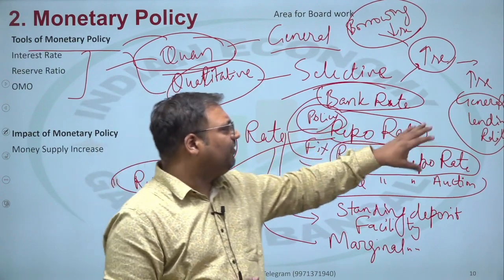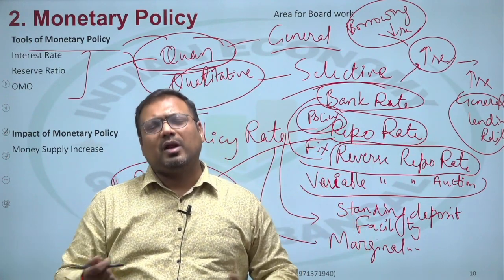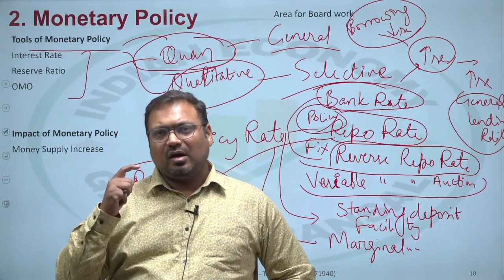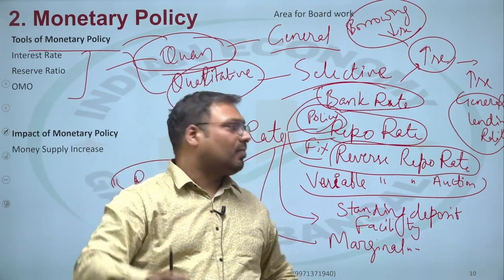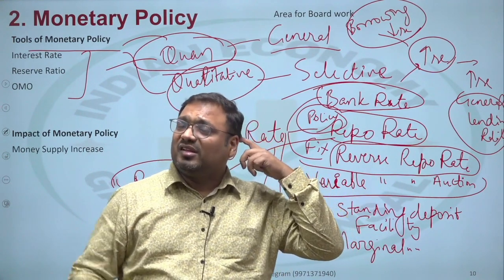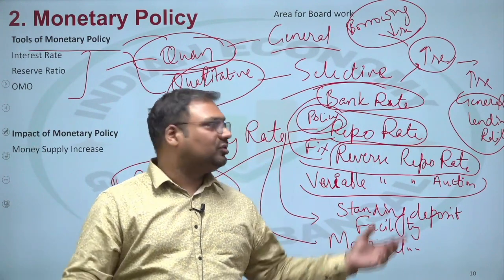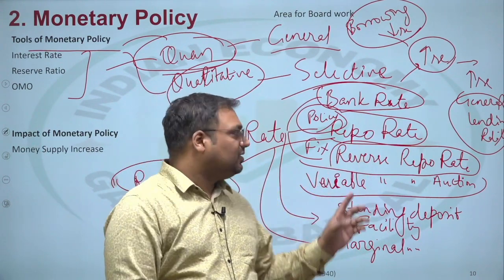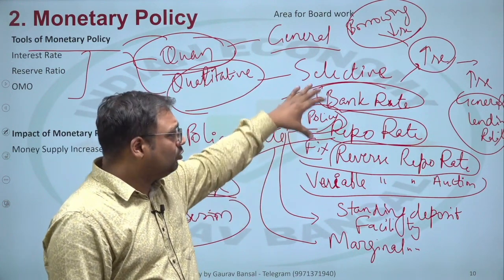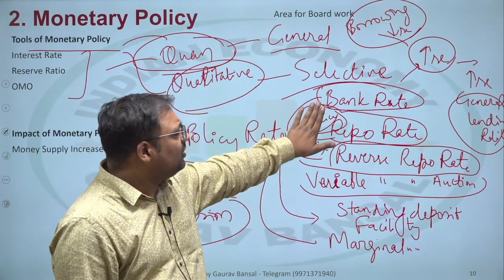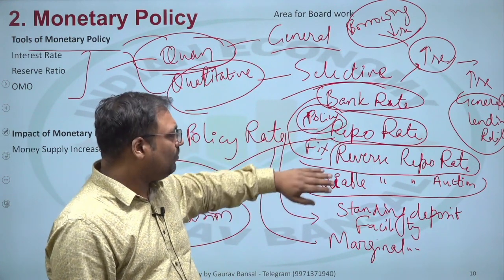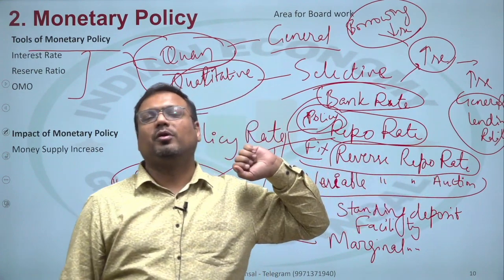But apart from fixed reverse repo rate, from time to time RBI can hold special auctions. RBI can introduce a special scheme at variable reverse repo. Since there can be variable reverse repo, the original is called fixed. This is a new thing, so very recently I've started using this fixed. So there are a lot of changes here. Originally we did not use the term policy. Originally we did not use the term fixed. Variable is a new term here.